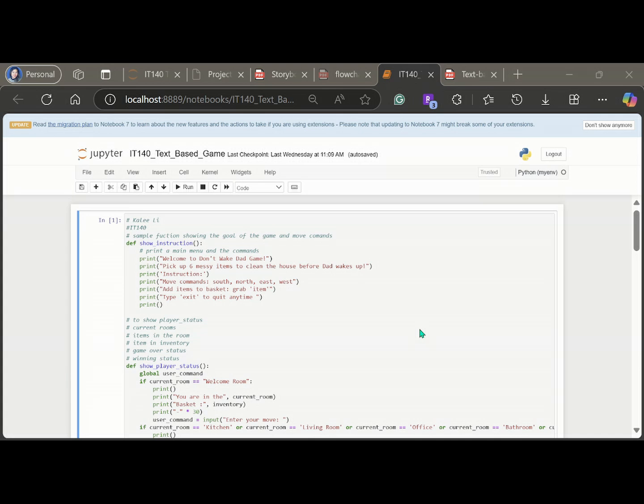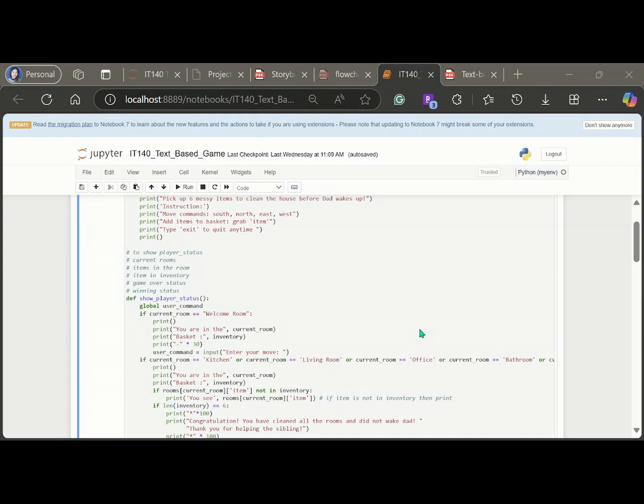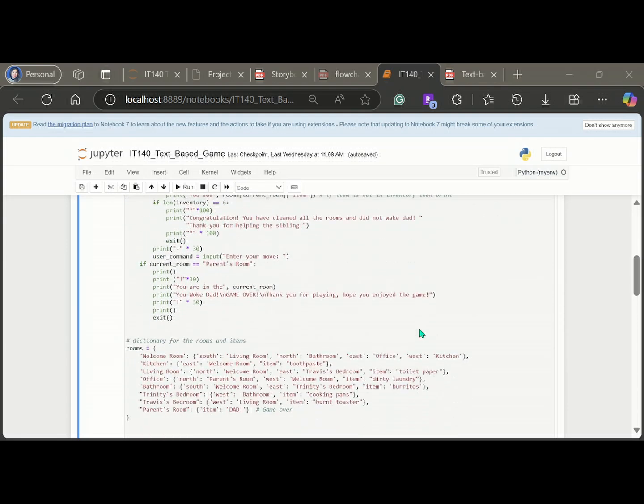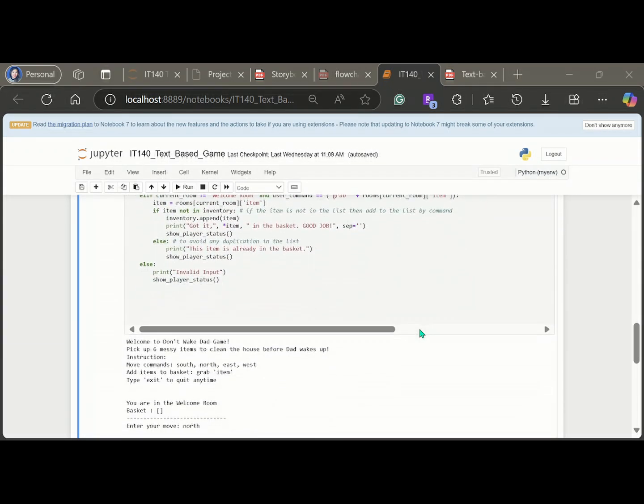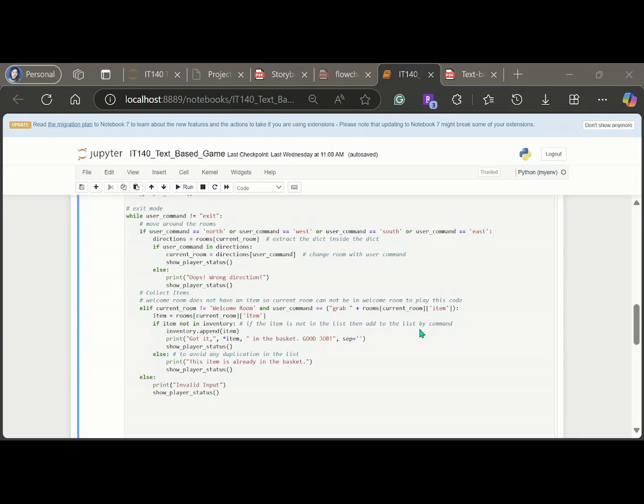In terms of the documentation, it is there. However, at the while loop, it should be more descriptive. So for future improvement and debugging purposes, I'll put more descriptive